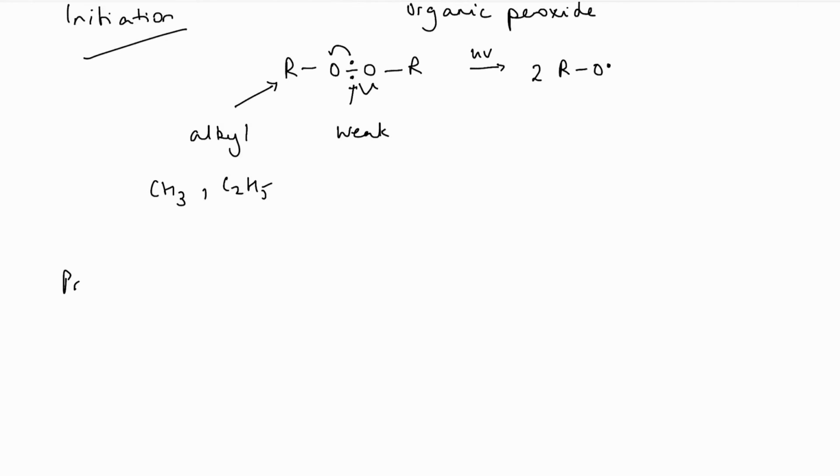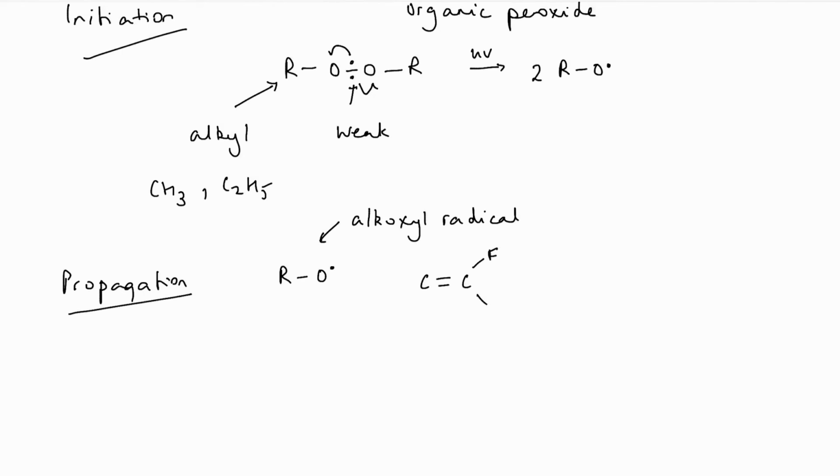So in the propagation steps, a propagation step is where we start off with a radical and end up with a radical. We're going to take our alkoxyl radical, this is its official name, and we're going to take a monomer. So here is our tetrafluoroethene,